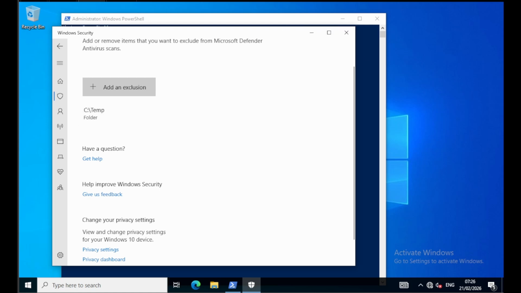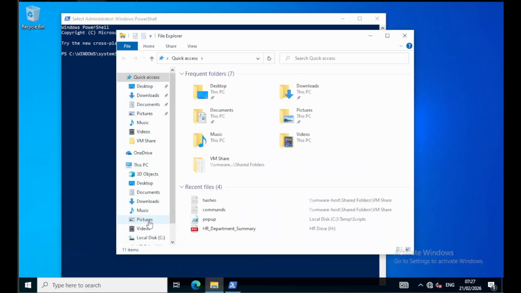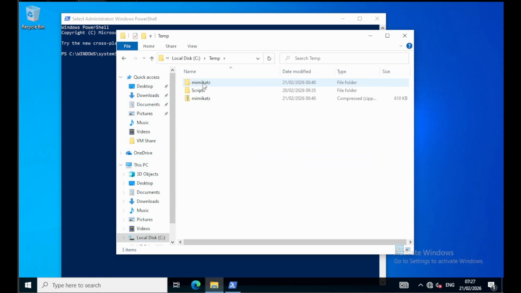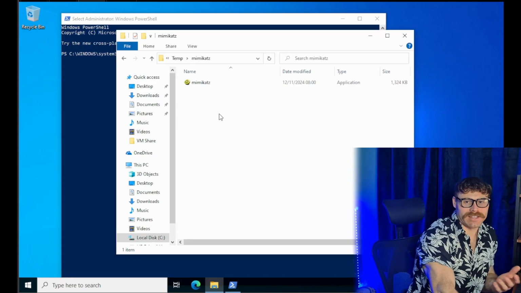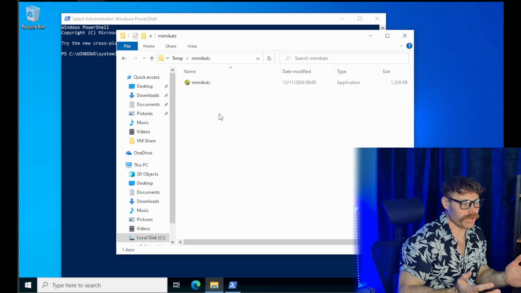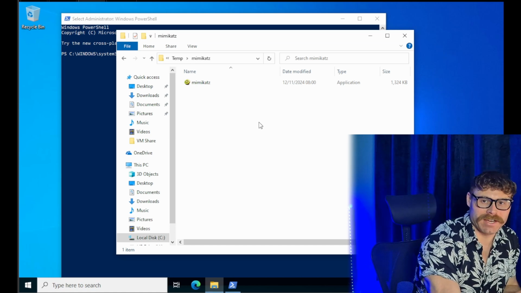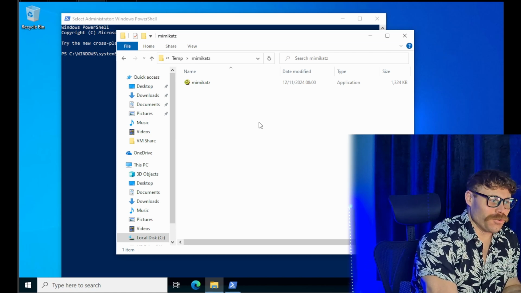And then what they can do, and what I've done for the purpose of this demo, is they can upload a program on here like Mimikatz. For the purpose of this demo, this is why I chose for them to use Mimikatz, because we can demo a lot of things with it. So for those who are unfamiliar with Mimikatz, it is a great tool for malicious actors. Or if you just want to test, I probably wouldn't just upload it to a machine, but